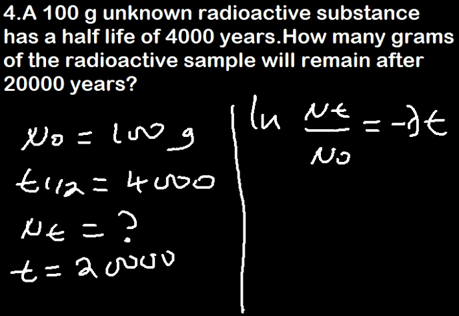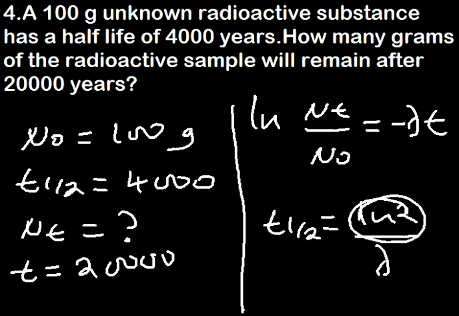But what is lacking here is the actual rate constant, which can be calculated using the formula for the half-life, which is equal to ln2 divided by the decay constant. With your calculator, what is the value of ln2? You have it, and you have the half-life as well. You can be able to have the decay constant, and from there you'll be able to have the final contents